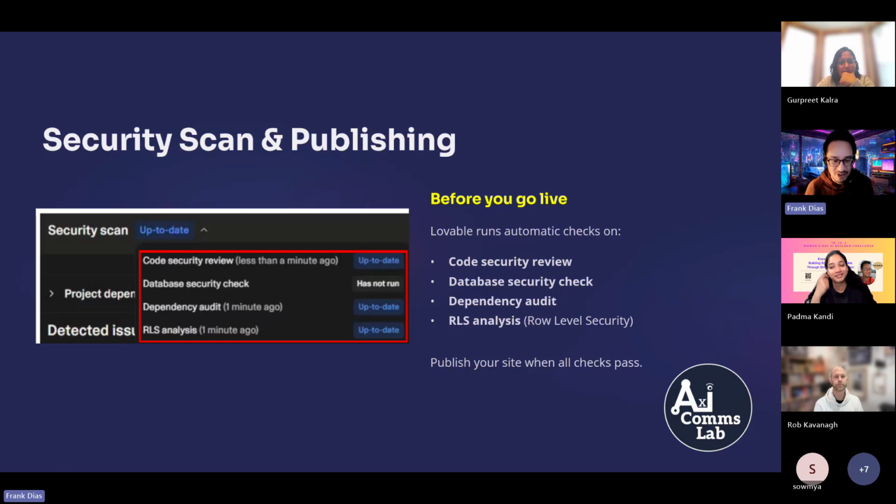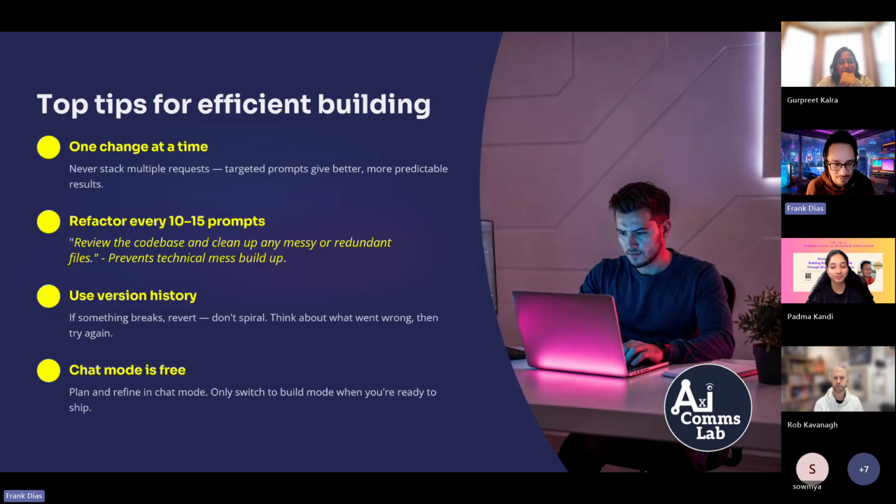And so there's a security scan element on here which allows you to do some checks, particularly once you start to move to the next level. And then in terms of my top tips on efficiency building, don't just make one change at a time, particularly if you're just doing very simple things. But at the same time, don't stack it with so many multiple requests left, right, and center, because it can also get quite confused. So it's all about making collective changes which are relevant to that element that you're looking at changing.